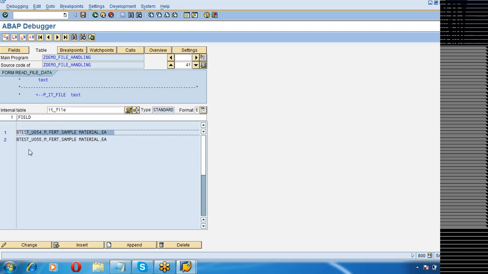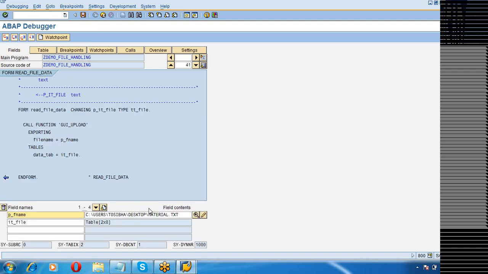Shibu, so we are providing the path of the file or the file name? We have to provide the path of the file. Path of the file is nothing but the file name. The file name that we say is not just the name of the file but the entire path. t:/user/toshiba/desktop/material.txt. Are you getting it? The entire path has to be provided, otherwise it will not be able to pull it up. The program will not know from where to read the file. You have to provide that.